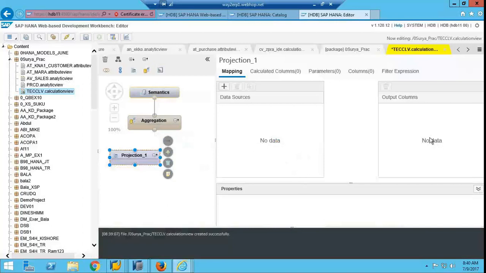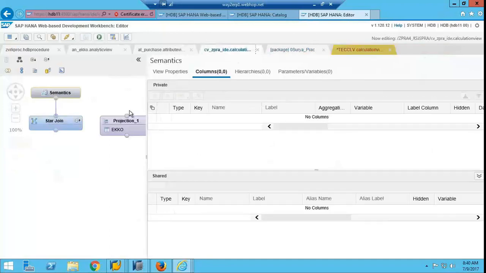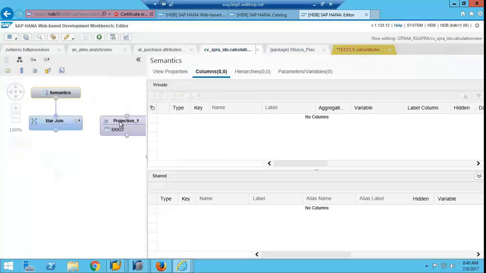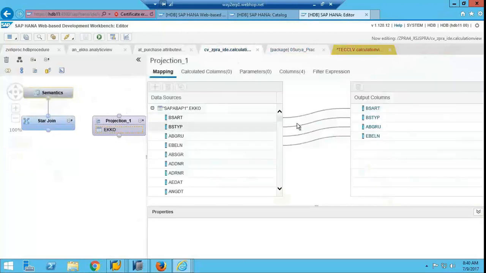Okay, after selecting, a warning is showing. See, you can add EKKO. In EKKO, what are the fields? This is the table output, only this is the output.